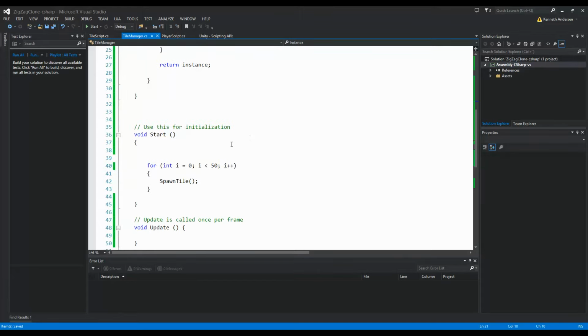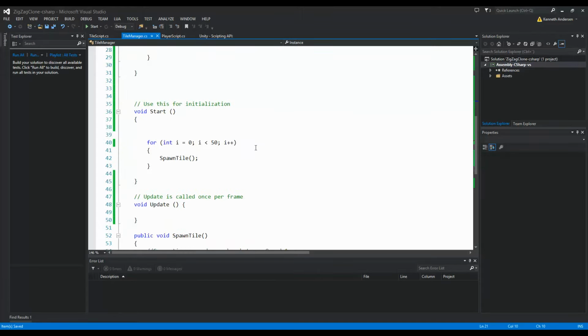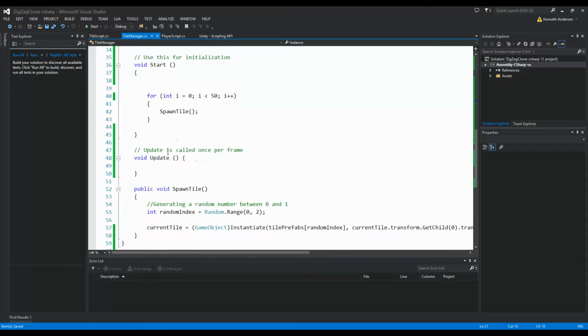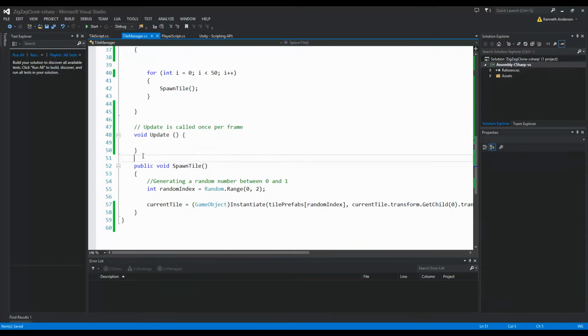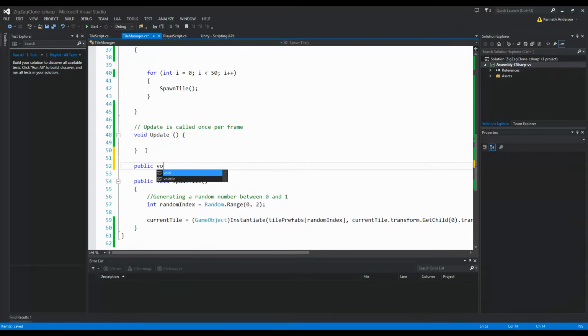So we should make a new function that is called create tiles, because spawn tiles will spawn a tile somewhere in our game world, and the create tiles function will actually create the tiles for us so that we can take them and spawn them later. So let's go here and write a public void create tiles, and this function we can tell how many tiles we should create of each. So int amount,